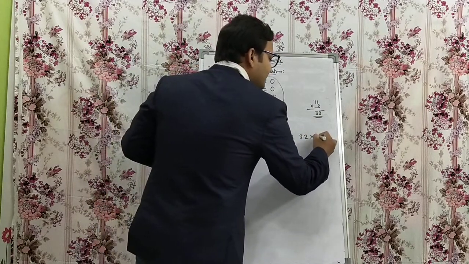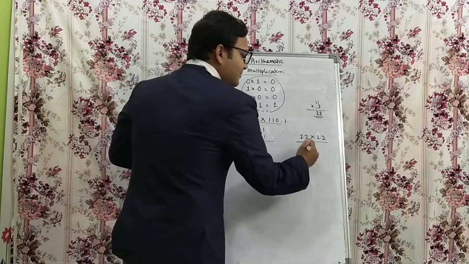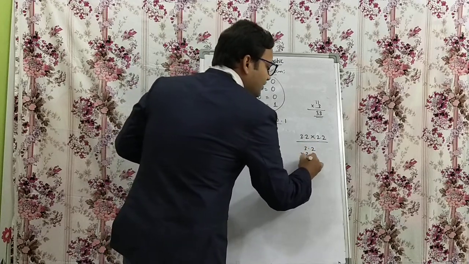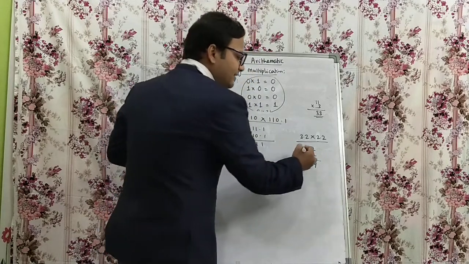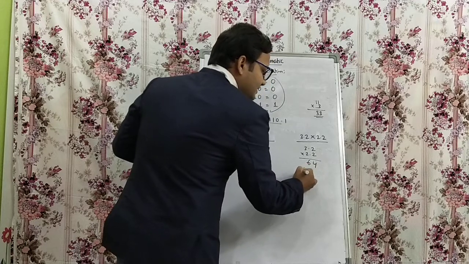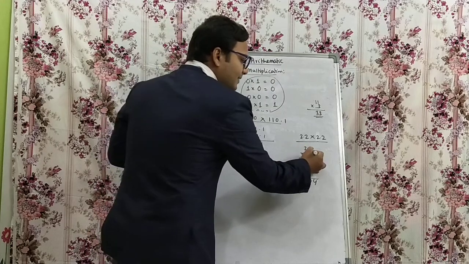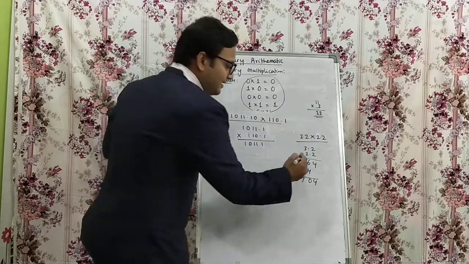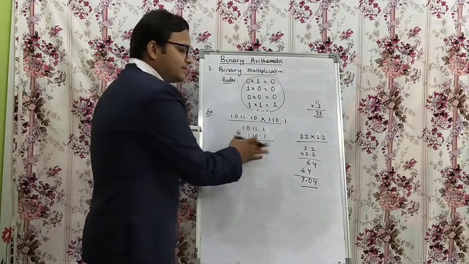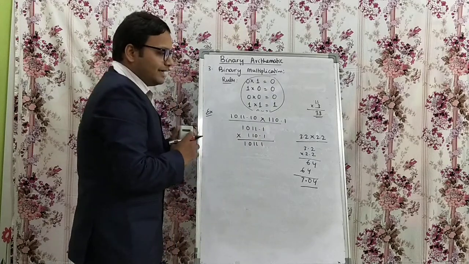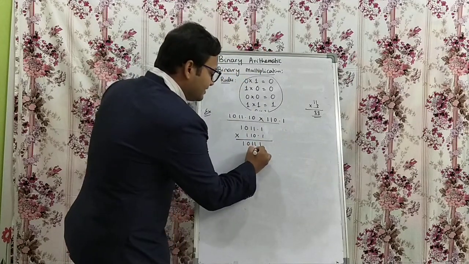Later you can put it in, as we have done the same way. 3.2 multiplied with 2.2. What we are doing? We are just multiplying 3.2 with 2.2. 4, 6, just removing the dot. At the end we are putting the dot. 4, 6. After that 4, 6, 4, 7. Okay. Next, whatever the number of bits after the decimal point, we put that, 7.04. The same way, first you just don't consider the dots in the multiplication. At the end you can represent it. Okay. So see here, next to 0 means all will be zeros.